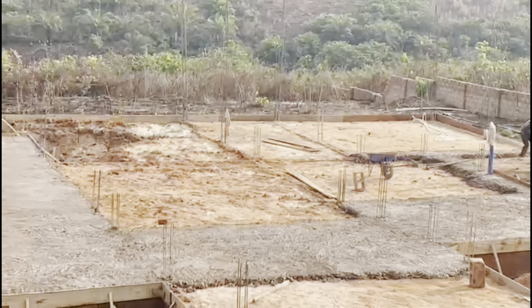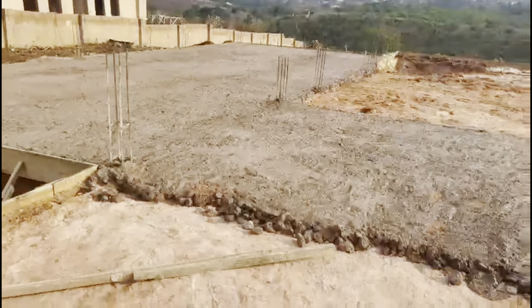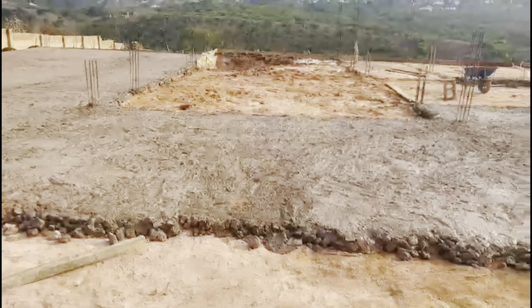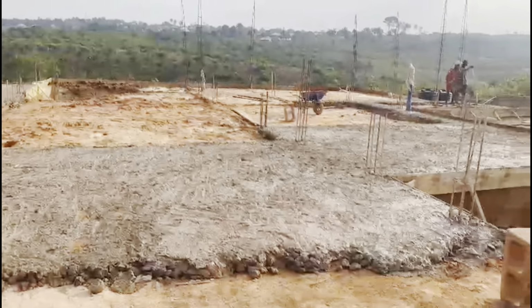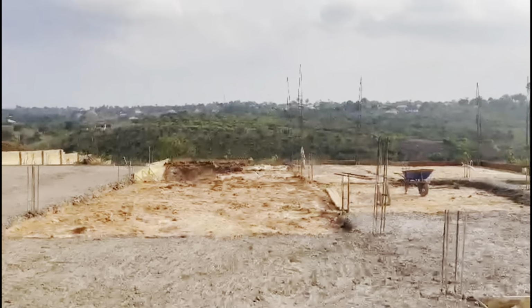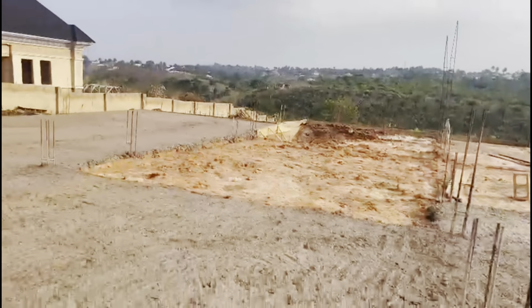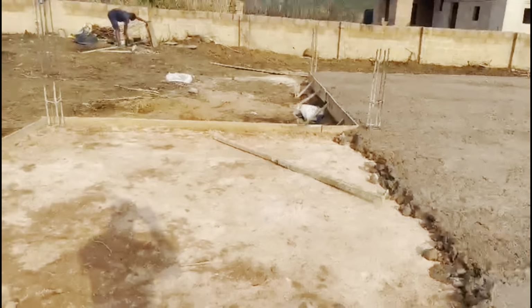So, in summary, the construction of this approximately 462 square meters luxury duplex from foundation to DPC level, taking into account the topography and material constraints in today's Nigerian construction market, will cost between 12 to 16 million